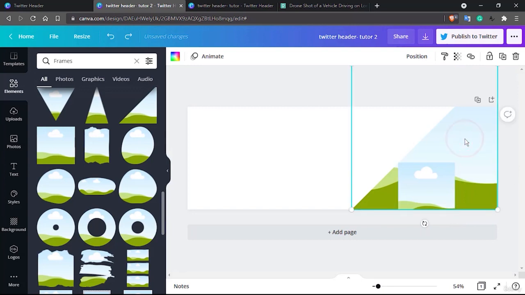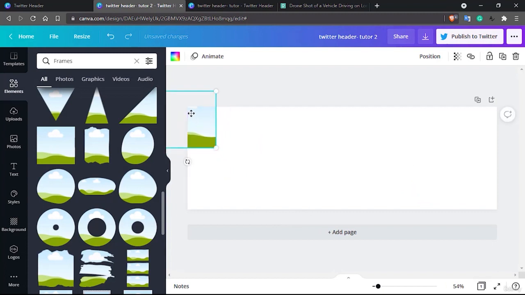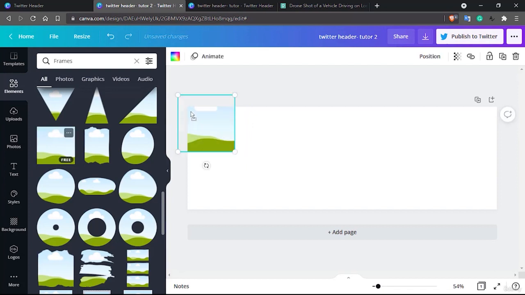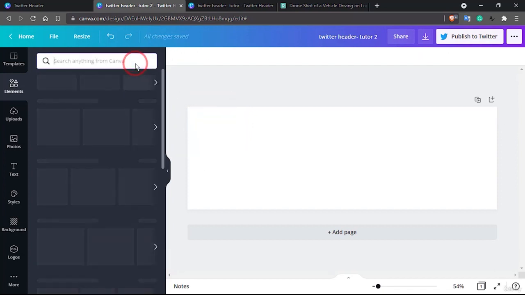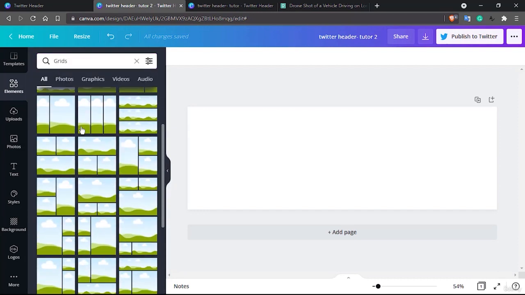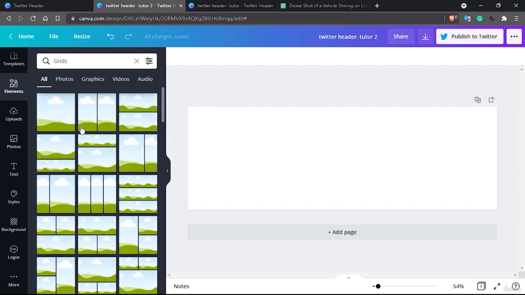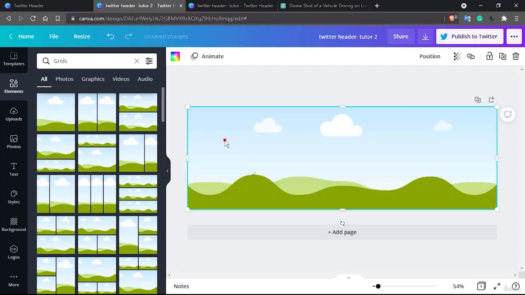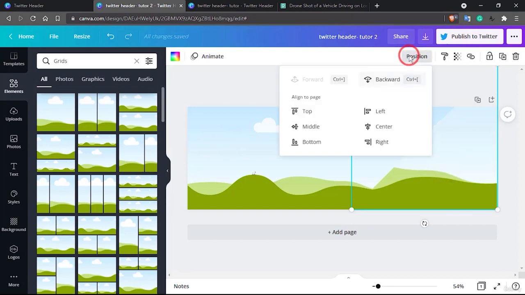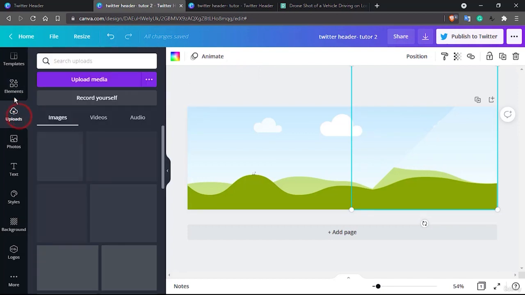So let me just copy this one. Control X, and I deleted that. Let's see if we delete this and what is frame. I guess better than frame, we can even find some good ideas through the grids as well. Not a bad idea. So we can use however this thing is. This is fine here, and I added one whose position is already on the forward, so I can change these two images, and perhaps